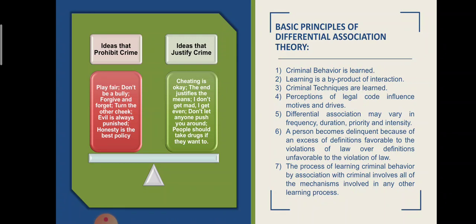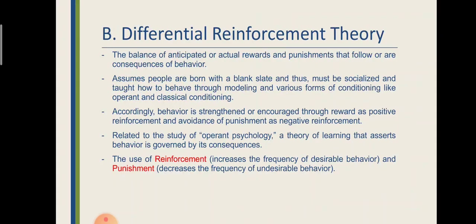So, if that criminal behavior doesn't match the learned antisocial values and behaviors, and they are not at least matched or exceeded by conventional values, then that is when what we call a criminal career starts. Okay? So that is how differential association works. Okay? Next, let's go with